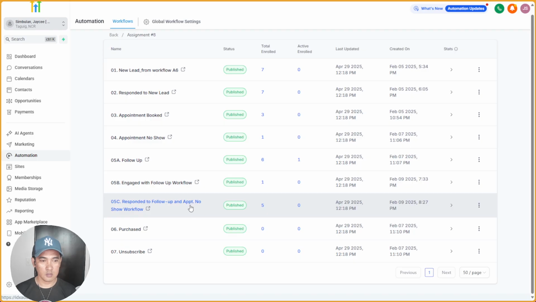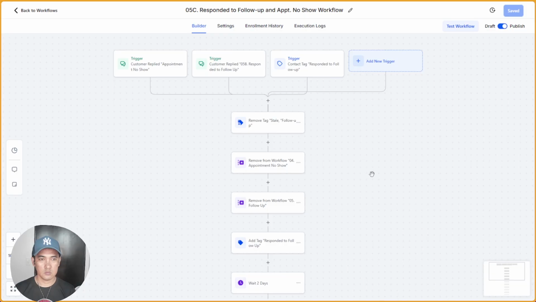And then this one is just the same as the previous workflow, like if the lead responded to emails sent to them from the appointment no show workflow, right? And then the follow up workflow. All right.